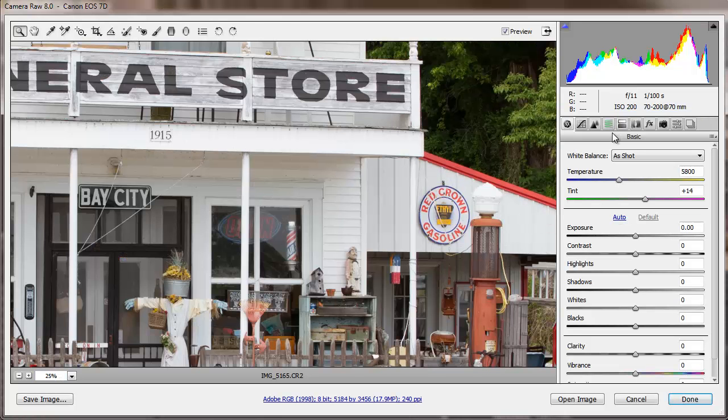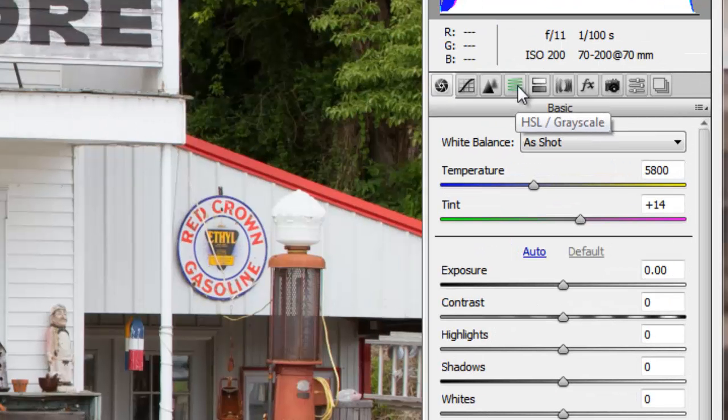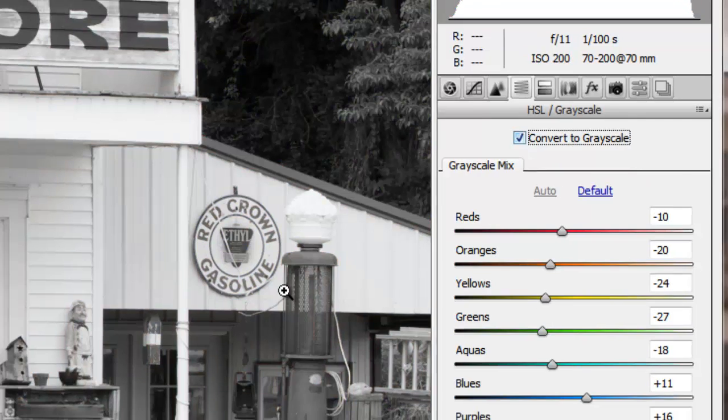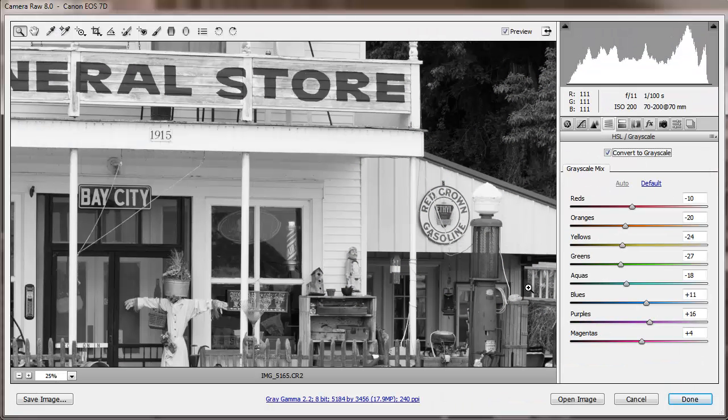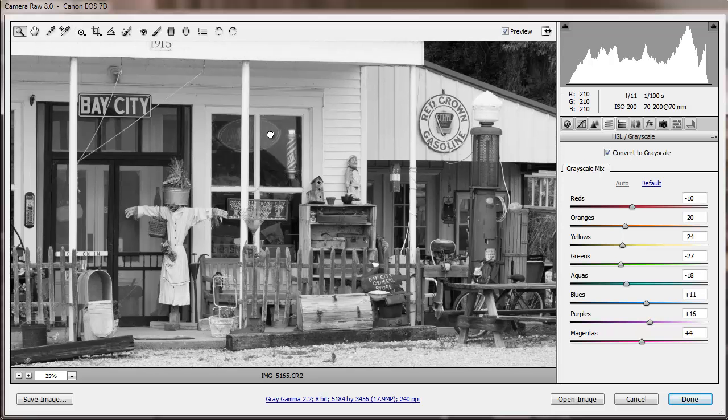So if I click here on the HSL/Grayscale, right here at the very top, convert to Grayscale. And so we can just click right on that, and instantly we get pretty good black and white right out of the box, so to speak. If I push down my space key on the keyboard, we can actually move this around and see the whole